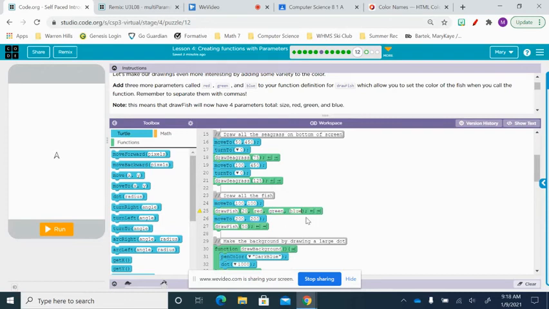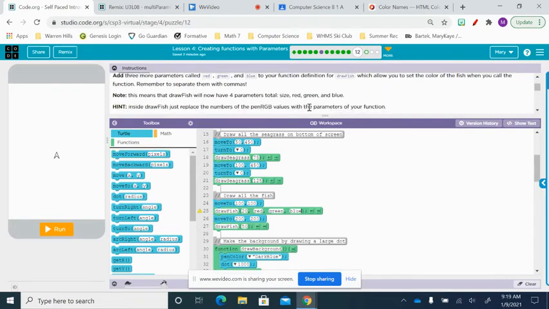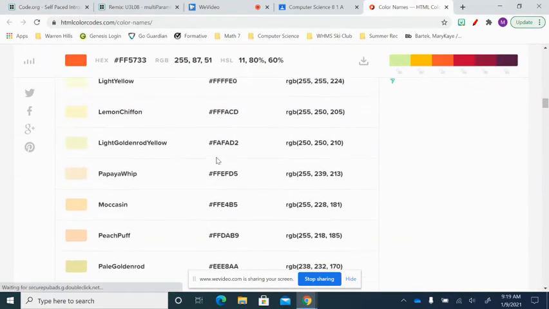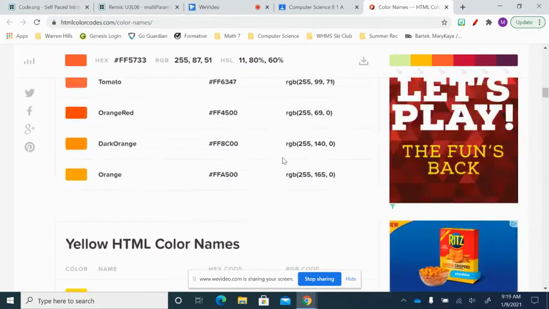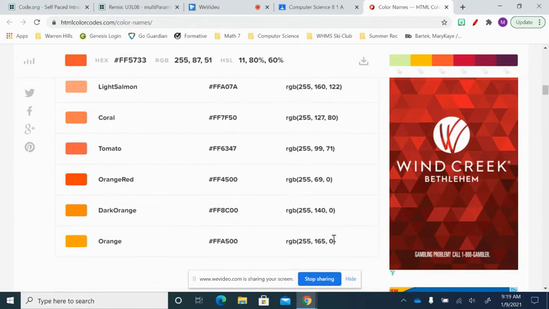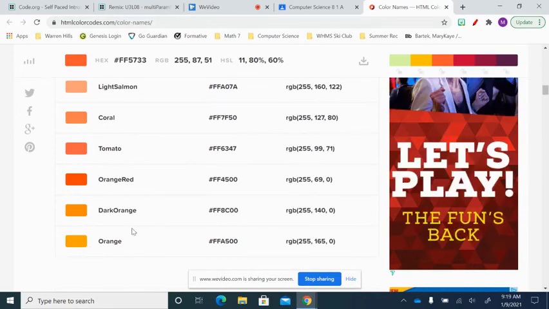So now we're going to be calling for different colors. Just as a reminder, red, green, and blue come from the different color names. So the RGB. So if you wanted to make this color, that's how much red, that's how much green, and that's how much blue makes that particular color. Feel free to play around with these. Like here's orange. It's that much red, that much green, and that much blue that makes that orange color. And then if you wanted to make dark orange,